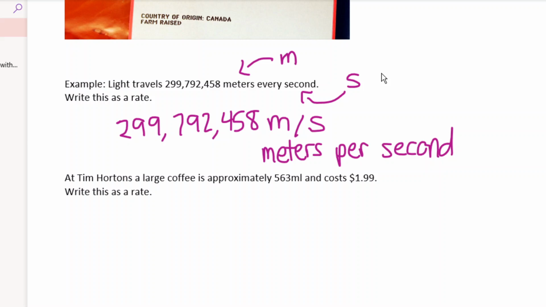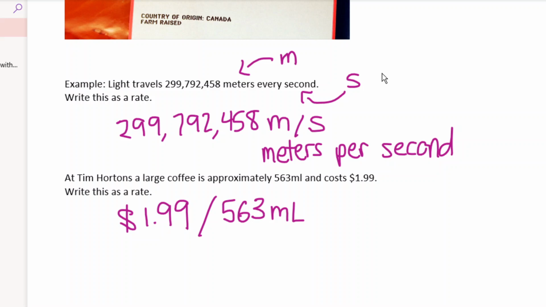All right, here we have another example asking us the exact same thing. At Tim Hortons, a large coffee is approximately 563 milliliters and costs 199 cents or $1.99. Write this as a rate. So we're going to write this as dollars per milliliter, right? You could also write milliliters per dollar, but I think dollars per milliliter, if you're buying something, makes more sense, right? So we could write it like this. And it's $1.99 per